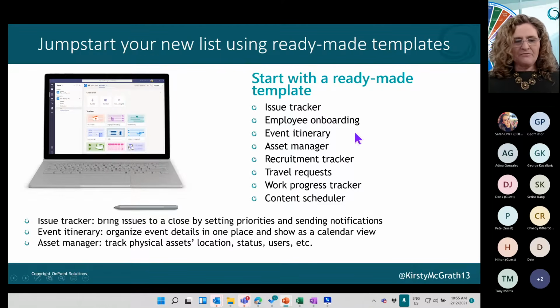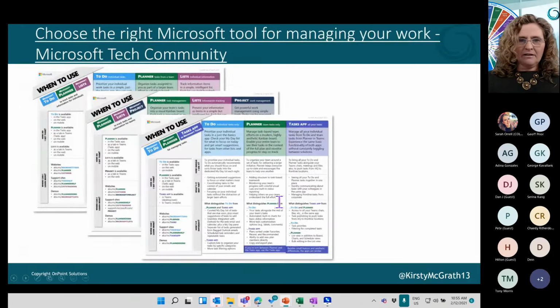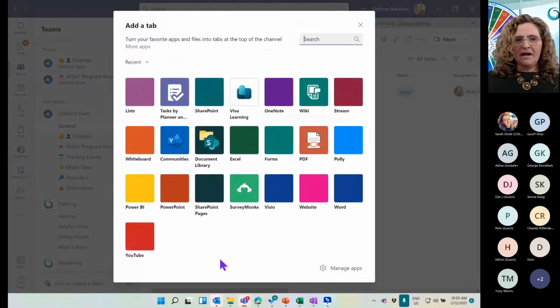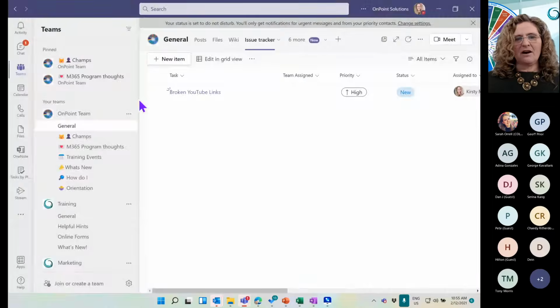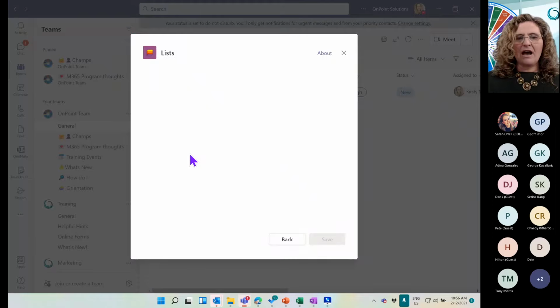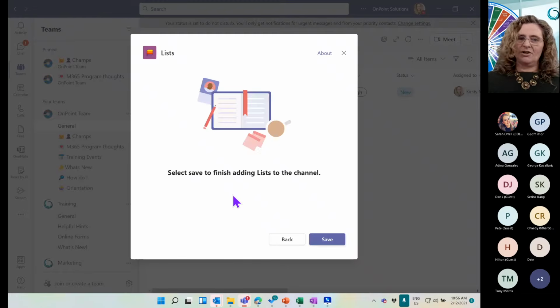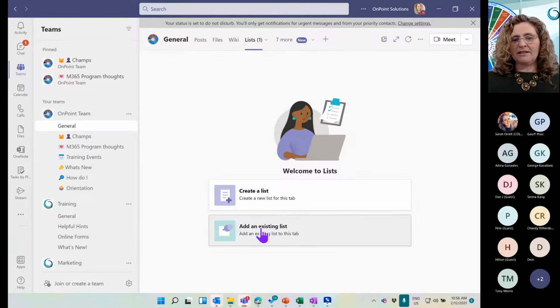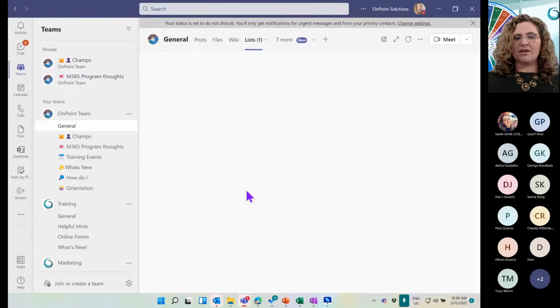Okay. So these ready-made, let's have a look at some of the ready-made. And if you are not sure in terms of some of the ready-made, let's have a look. So I can go plus button, let's go, and I want to bring in lists, and it goes, do you want to have a new one? Let's just show you. Yep, so I'm going to go save. So I'm dropping it in to my tab for my team. You've got create a list or add an existing. Let me just go create so you can see it.